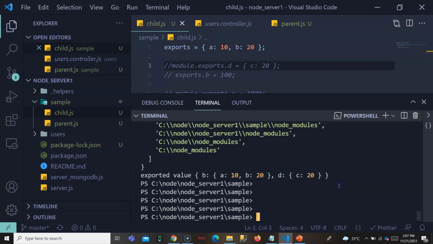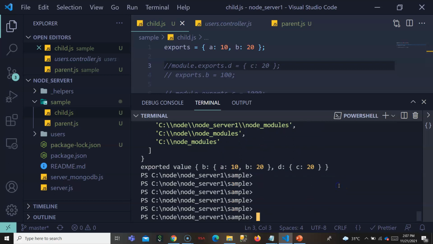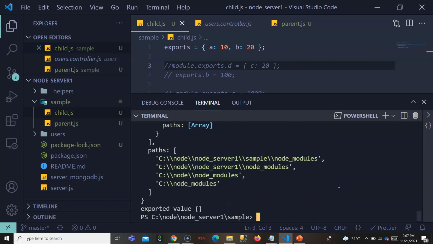So you should always add it with a property. If I add now, you can see it is an empty value, even though it has a value. So you can't directly replace the value in case of exports. You can directly replace the value only in case of module.exports.